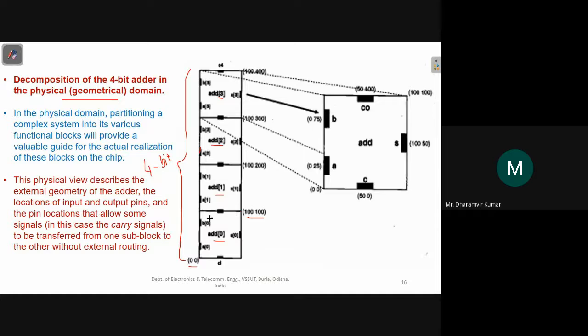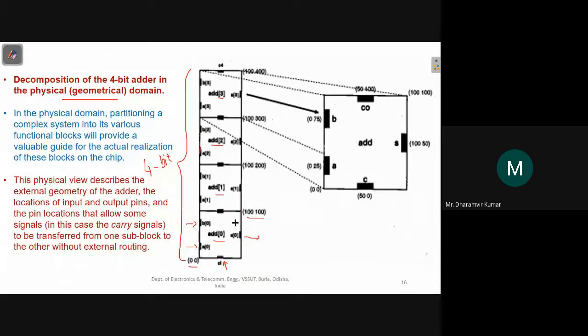And we know the inputs and outputs of an adder circuit. This is the first input, let's say A0. This is the second input, B0. This is the carry in, right? And this is the sum out, the output sum coming.